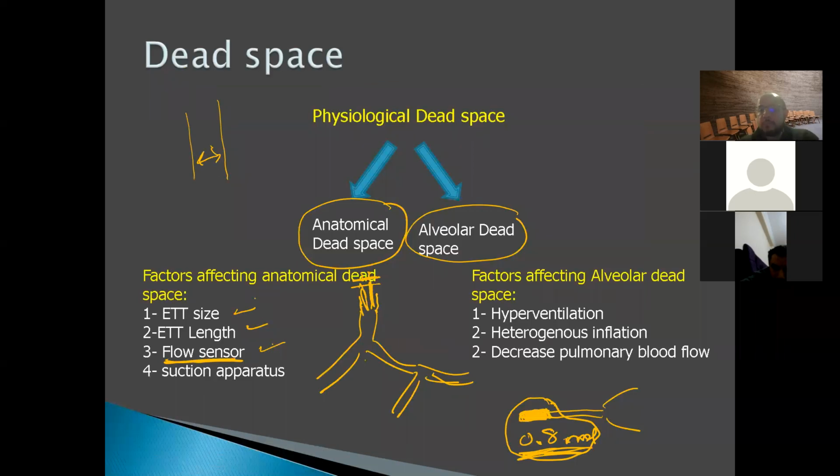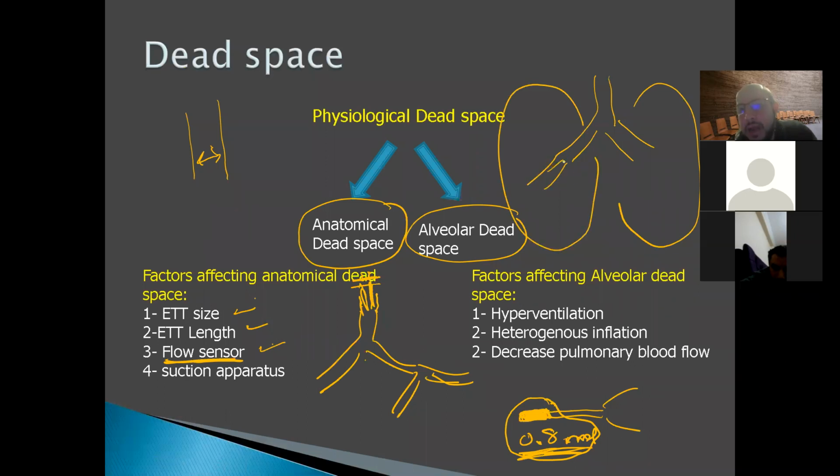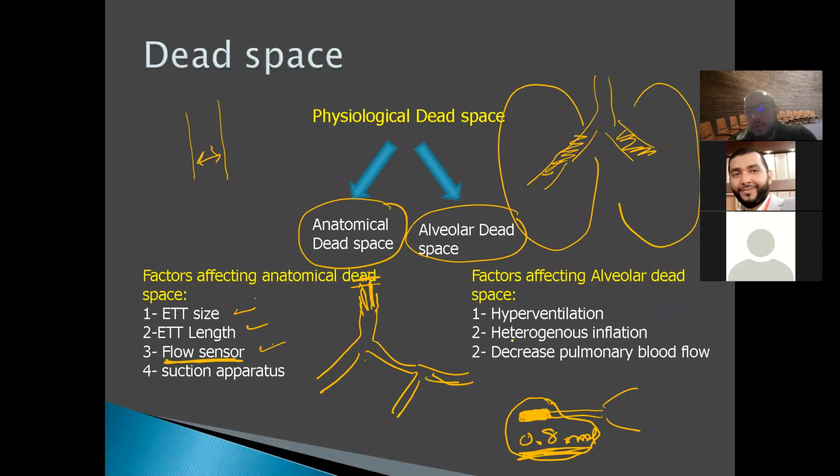The factor affecting the alveolar dead space is hyperventilation. Let's assume you have a baby who is already very hyperexpanded. Then there is going to be a lot of dead space added, affecting your minute ventilation. If you have a baby with meconium,